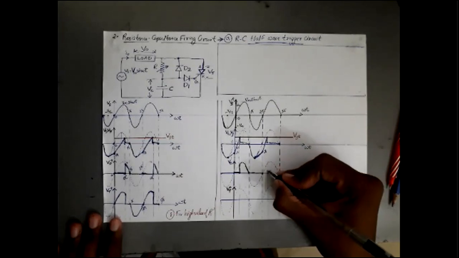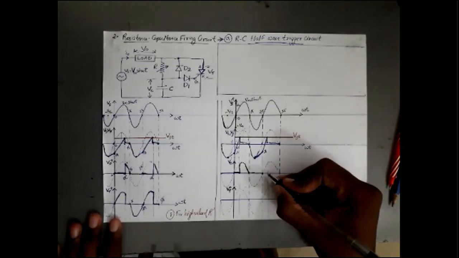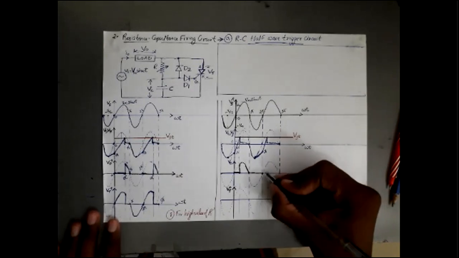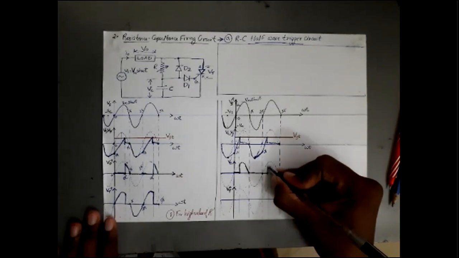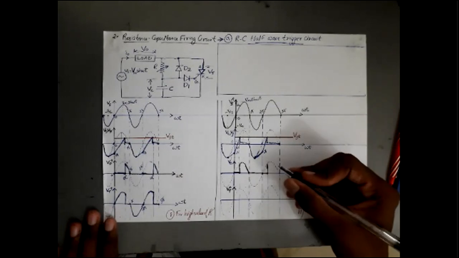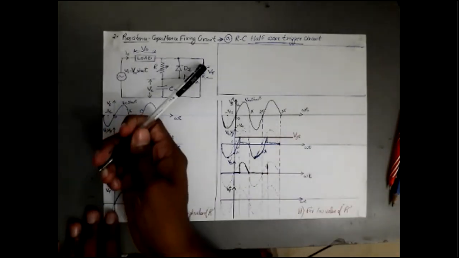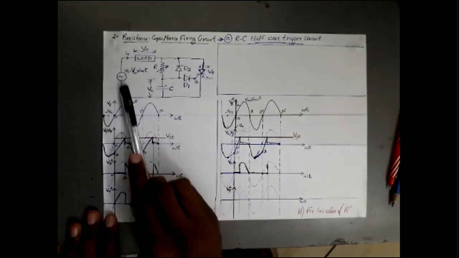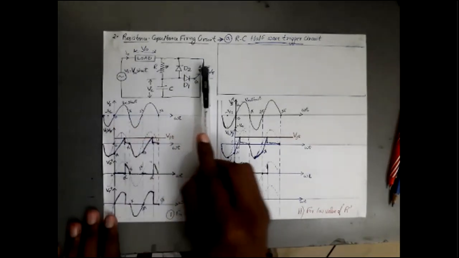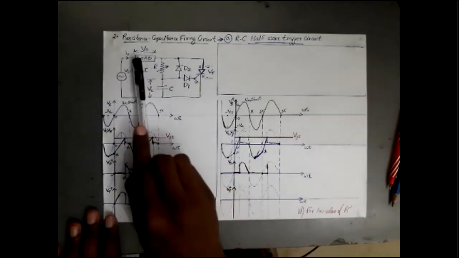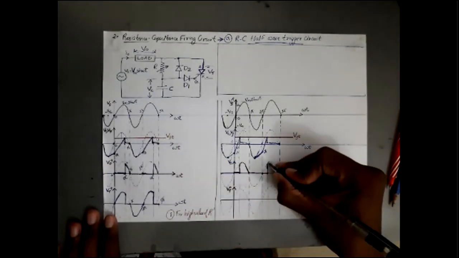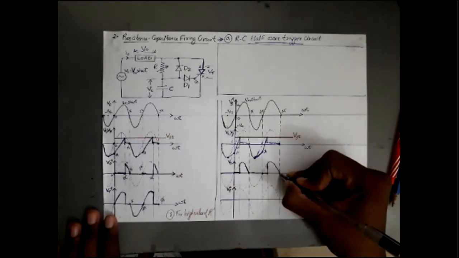Again, what happens? My SCR will be in the off state itself. So I naught will be 0 until it is triggered again. So until the next alpha, until my SCR is triggered, my V naught will be 0. And at this point my SCR got triggered and V naught suddenly increases due to increased current I naught, because my SCR got triggered and Vs will be applied across my load through the short circuited thyristor, that is, it is acting as a closed switch. So the entire voltage will appear across V naught. So again my V naught will take the path of Vs. Okay, hope it is clear for you.